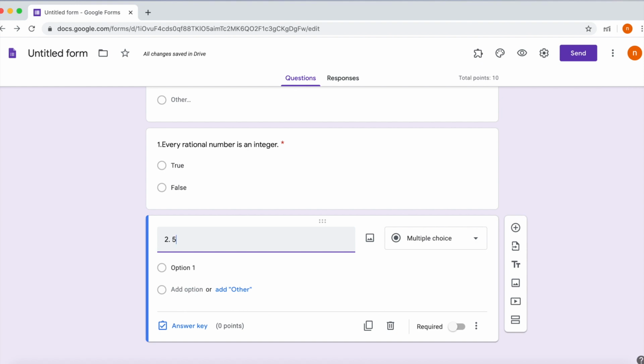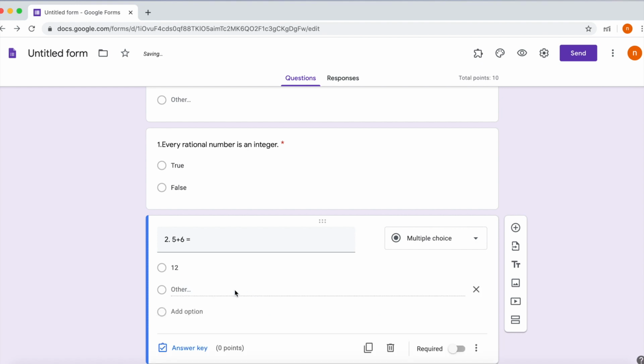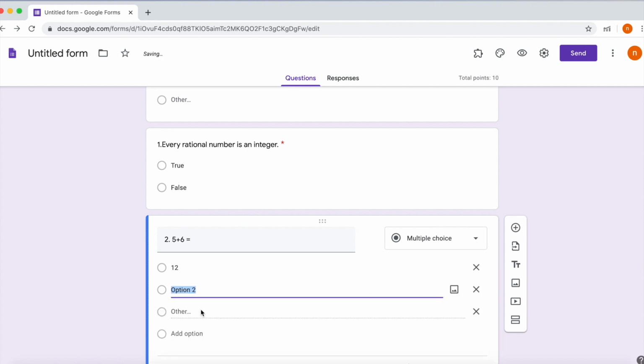After that you go to the second question, and in the same way you can write the question. Select, it is 5 plus 6. Select multiple choice, you enter all options. You can write 2 options, 3 options, it is up to you.